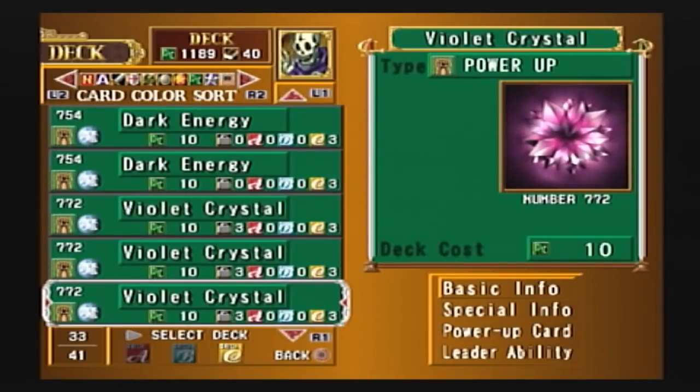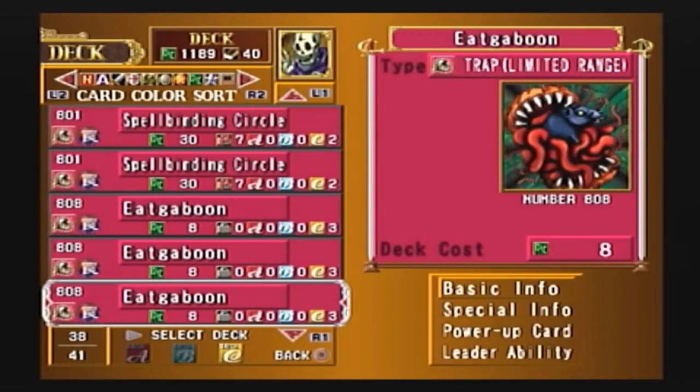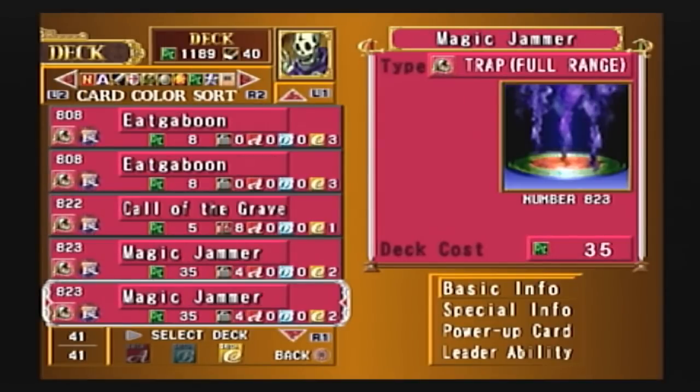Got 3 Dark Energy, 3 Violet Crystal. The traps, so I had 2 Spellbinding Circle, I had 3 Eco Boons. The reason why I had Eco Boons is because I wanted all the middle of the field to be Crush originally, and I just never bothered taking these out. In hindsight, I would have liked to. Call of the Grave and 2 Magic Jammer. So,